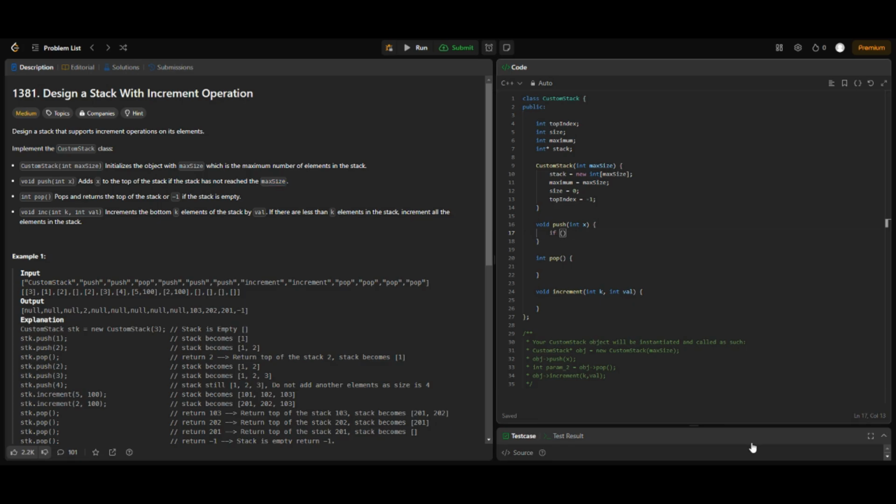We're going to say if the size, that's the amount of items we have in our array, is greater than or equal to the maximum number of items in our array, so the absolute max we can have in this case,